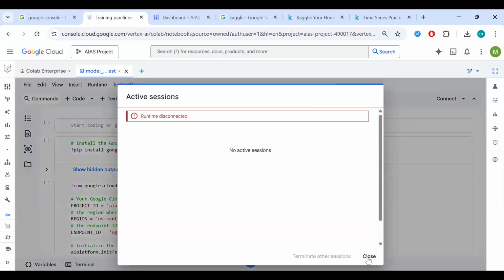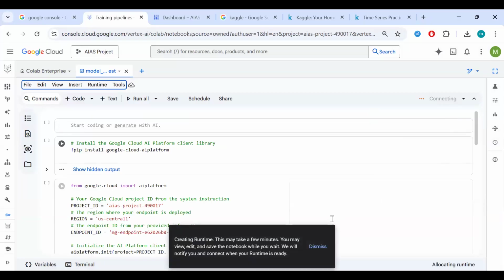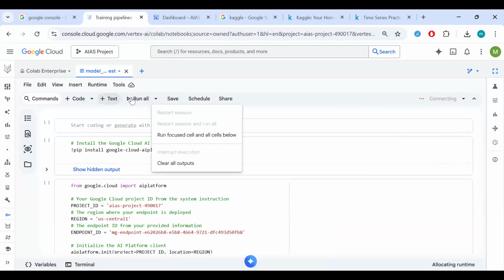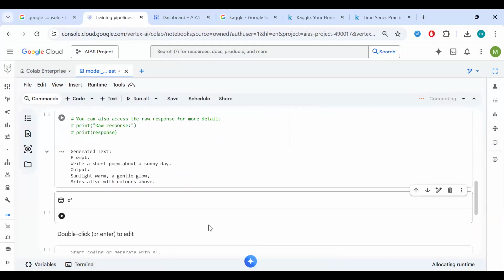Sessions not active. Let's try and connect to a runtime, right? So once we connect, we should be able to start running all the different elements of our cells. But I've explained what this code basically is.